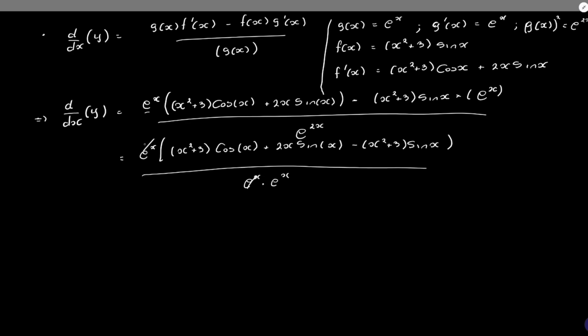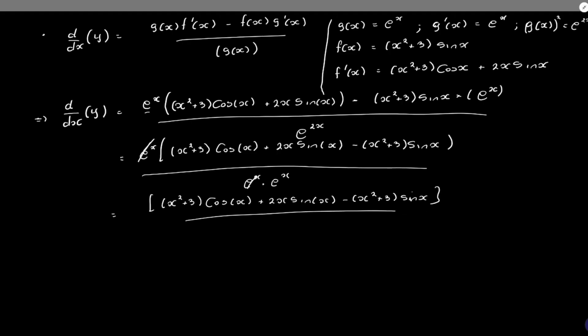One e to the x can cancel one of them, leaving us with, as we simplify this, x squared plus 3 into cos of x plus 2x sine x minus x squared plus 3 sine x, divided by